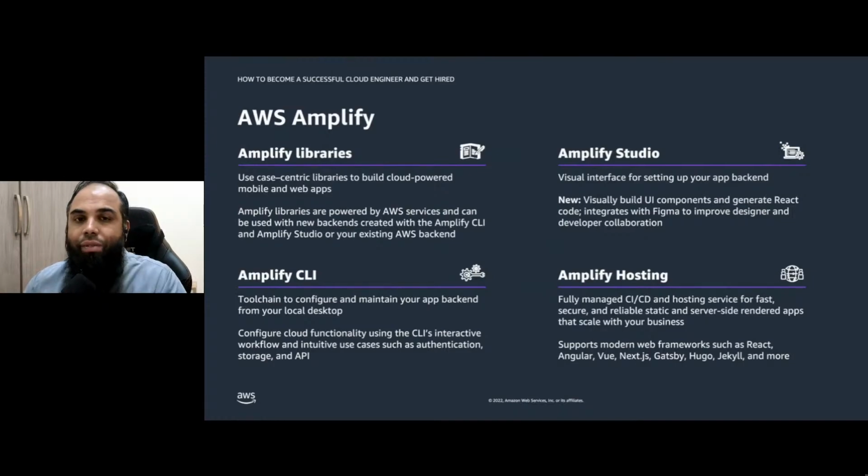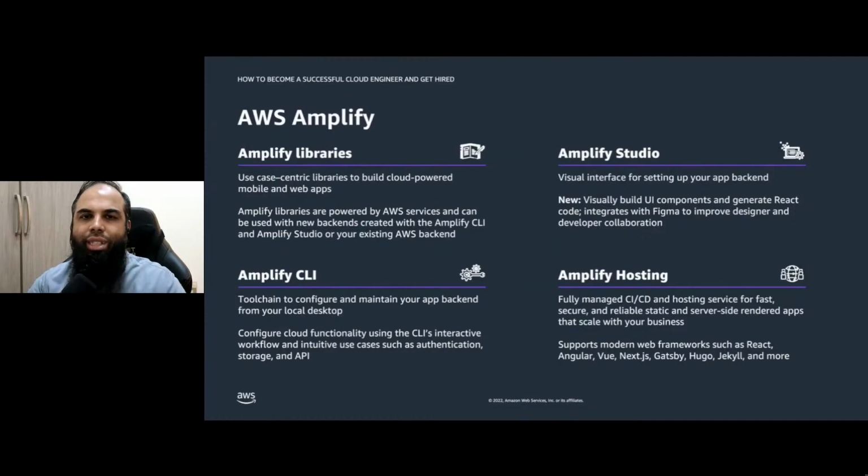And there are other things that we've added in recent years. One thing is Amplify Studio, which is a visual interface for your app backend. This allows you to create components in Amplify Studio, and then import that back into your front end page, and that would have some of the code from Amplify so that it can interact with the services better. And there's also static hosting, which under the hood uses S3 buckets, but Amplify hosting makes it much easier,